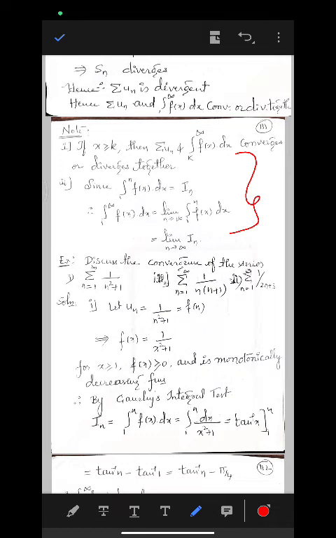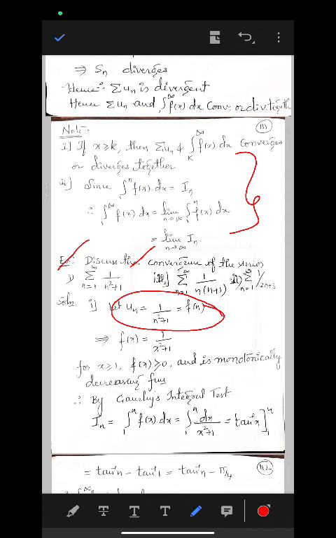Let us concentrate on examples. Discuss the convergence of the series. First one: summation over n equals 1 to infinity of 1 divided by n square plus 1, right? So we'll concentrate on the first example. Let us take un as,